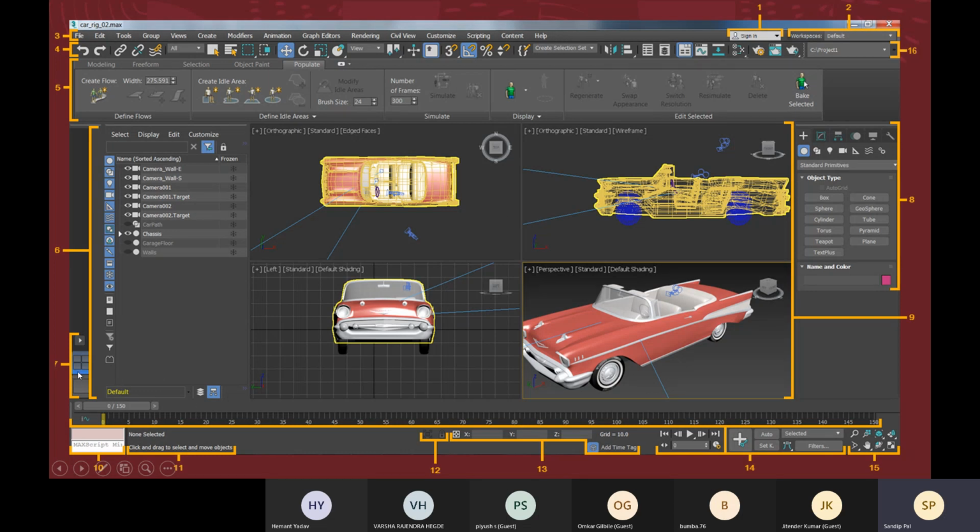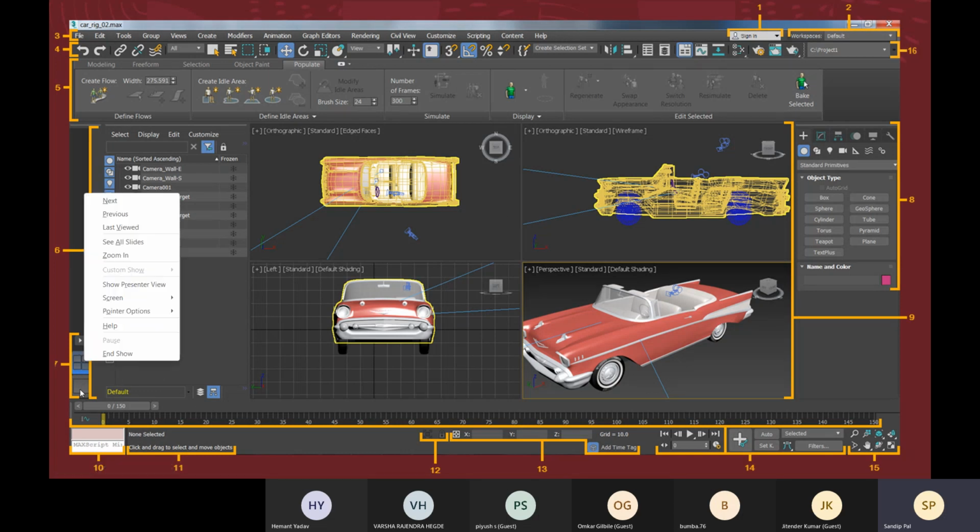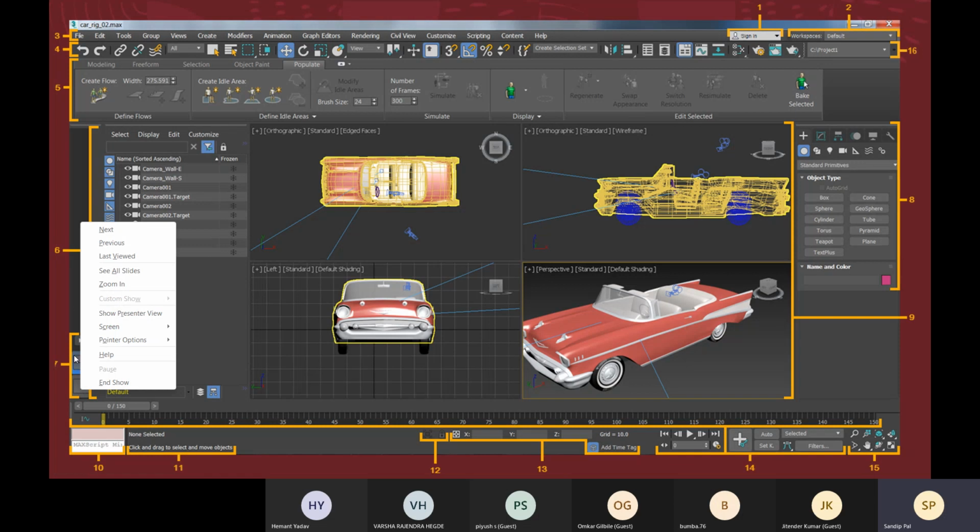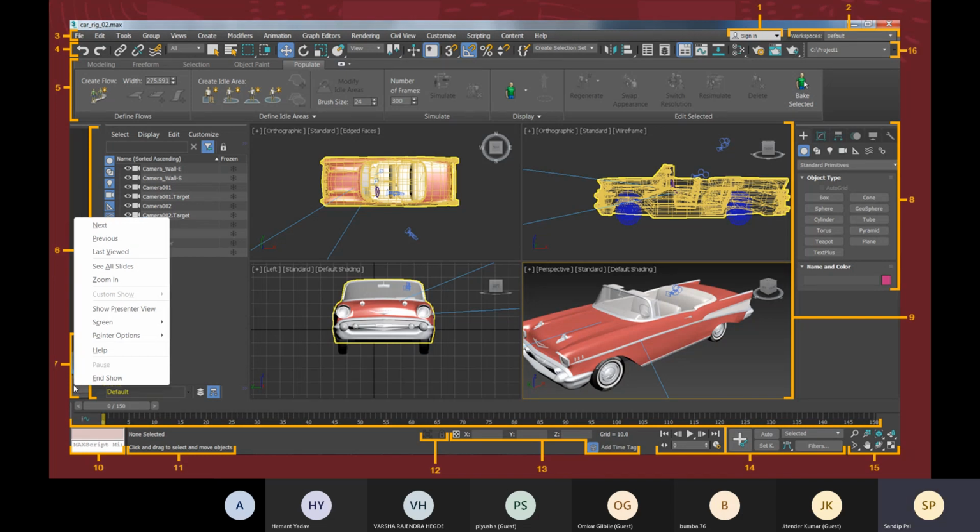The same thing is here, and here we have the viewport layout. The viewport layout is just to change the layout of your viewport. I will practically show it in the software itself, so then you will understand it better.